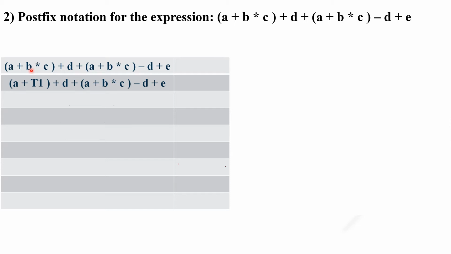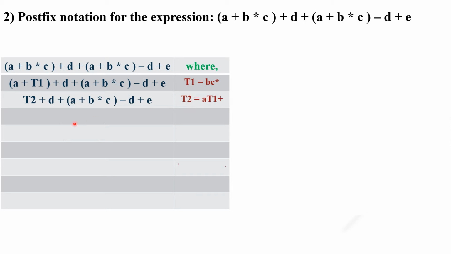So while we compute the postfix notation for the smaller expression, it is very easy compared to the long expression. Okay, so instead of b into c, we write t1, where t1 equal to bc star in postfix manner. Now which sub expression will be second evaluated? A plus t1. So instead of a plus t1, we write t2. And what is our t2 in postfix manner? A t1 plus. So t2 equal to a t1 plus.